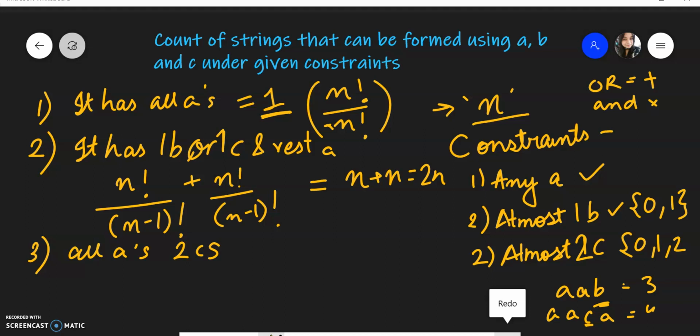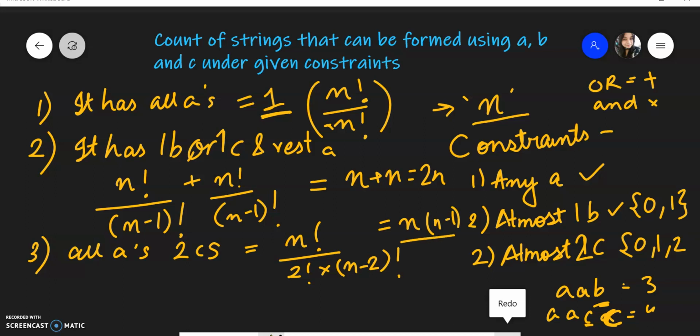So in this case, for example, this will be C. So we have fixed the C count to 2. So now it will be n factorial, right? And now it will be 2 factorial, because there are 2 C's which are repeating, and n minus 2 factorial, right? How? Because 2 characters are fixed, so the number of A's will be n minus 2. So this will come out to be n minus 1, because n minus 2 factorial and n minus 2 factorial will be cancelled, and 2, because 2 factorial is 2, right?